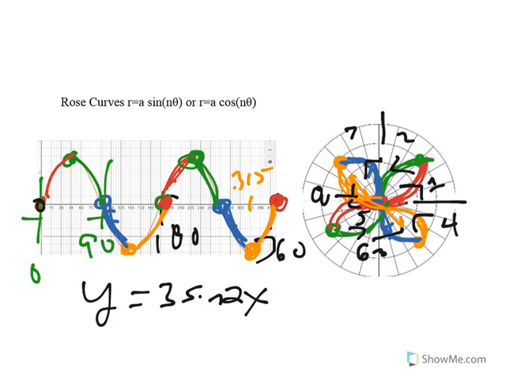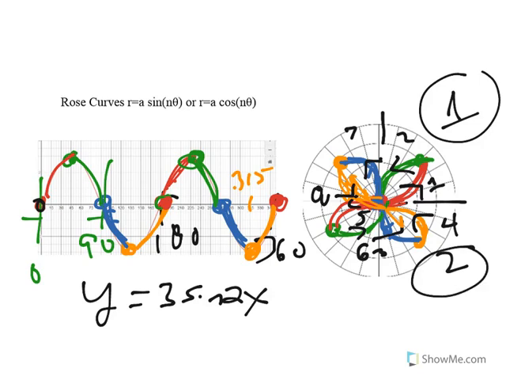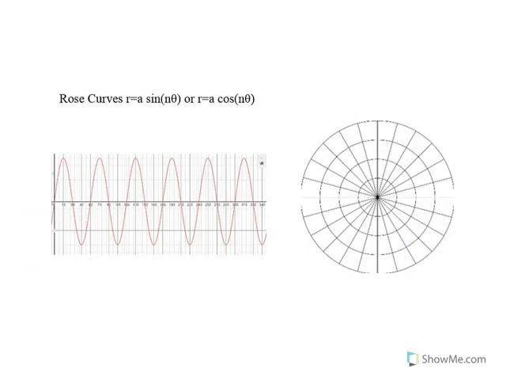Like on a test I could ask you, what order did these petals get drawn in? And the answer is this one got drawn, then this one, 1, 2, 3, 4, then this one, and finally this one. If you graph on a graphing calculator in slow motion, you would see that that's the order that it happens in. Okay, so that's our first example. There's only 3 examples in this. Okay, the second example